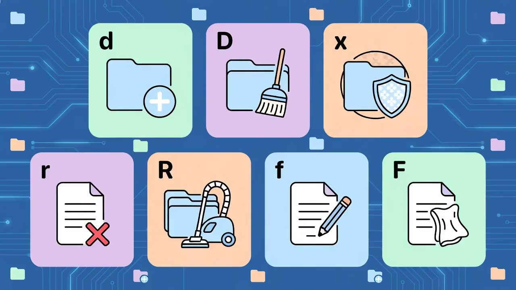d creates a directory if missing. D creates a directory and cleans stale files inside it. x whitelists a path to be ignored during cleanup. r removes a file or empty directory. R removes recursively. f creates a file, and F creates a file and truncates it to 0 bytes if it